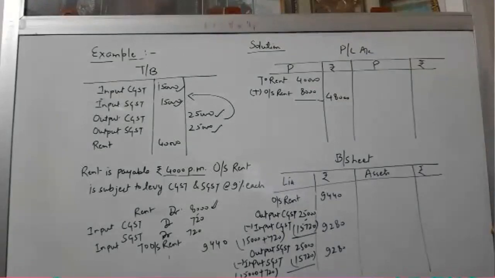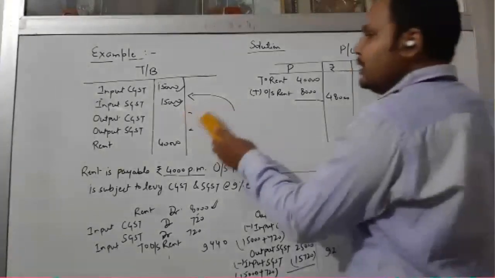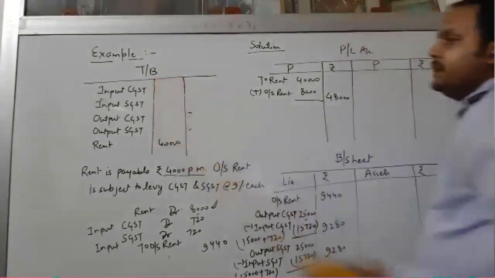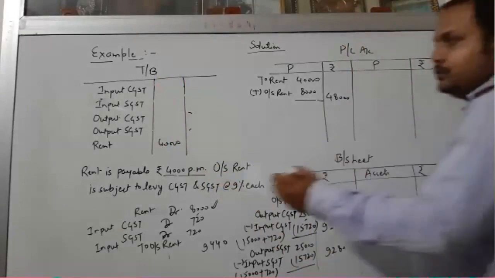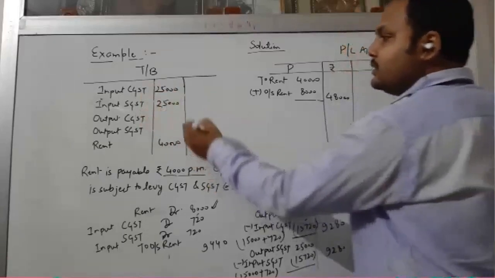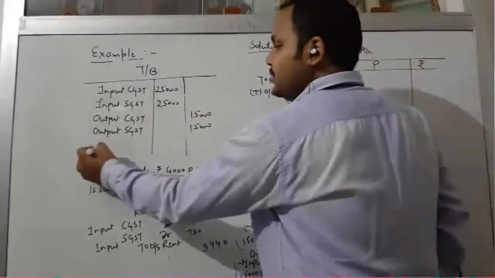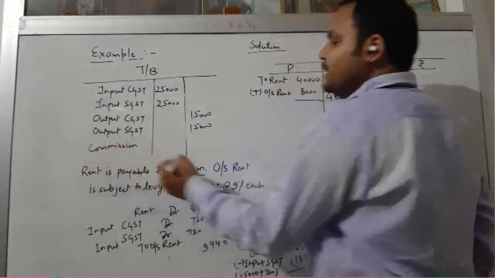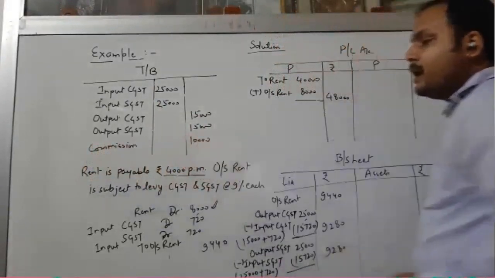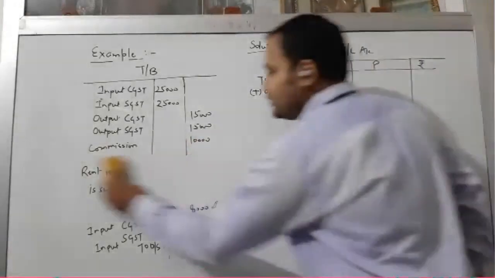Okay, I hope it is clear for you. Let's take one more example in respect of the income. Suppose, next question, input CGST 25,000, input SGST 25,000, output CGST is of 15,000, output SGST is 15,000, and commission is not your income in this case, it is your expense, that is 10,000, and the adjustments are as follows। मैं आपको adjustment थोड़ा सा change कर दे रहा हूं, ये तो आपने solution देख लिया इसका।